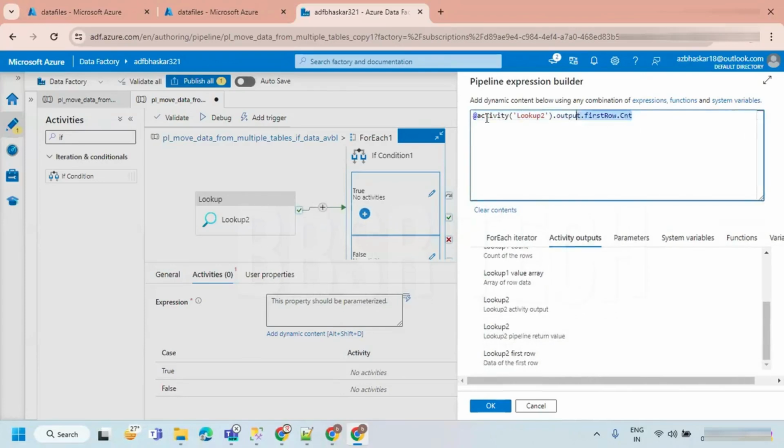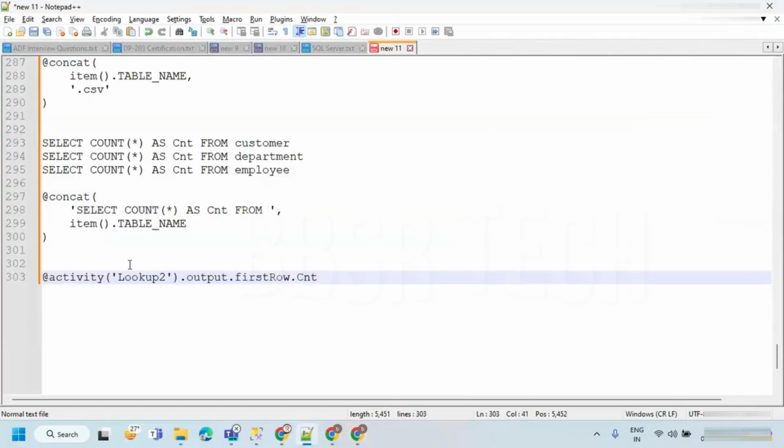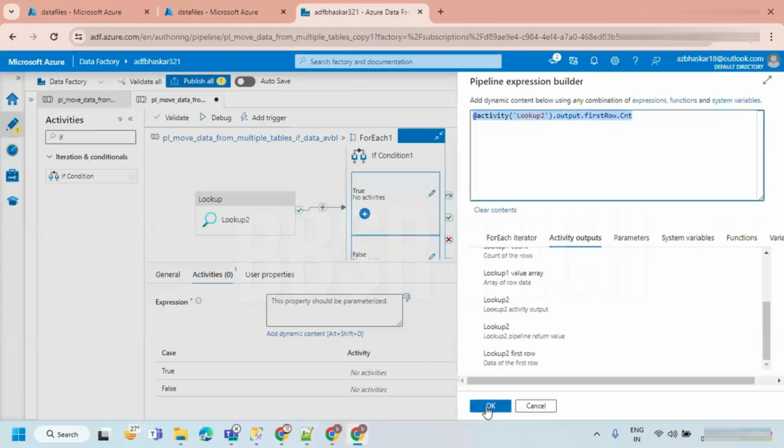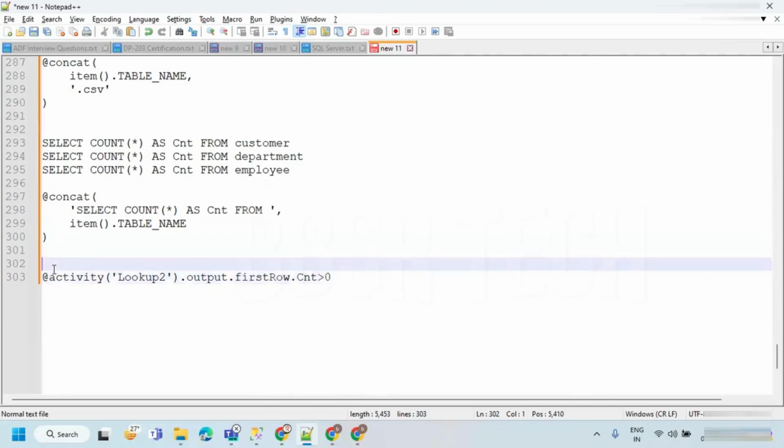I'll show you how exactly it is going to be there. Let me copy this in this particular place. I'll come back to this particular step. So this is going to give the count value, how much count we are getting. So greater than 0, I wanted to say. But in Data Factory, we don't have a greater than operator. So in place of the greater than, we have a function called greater.